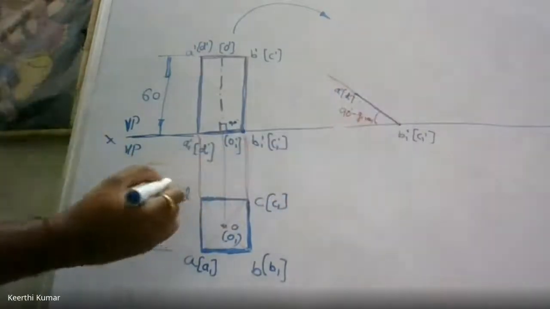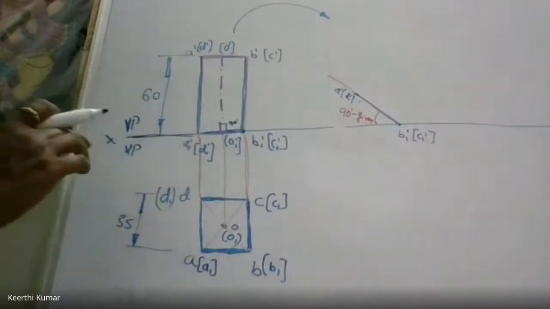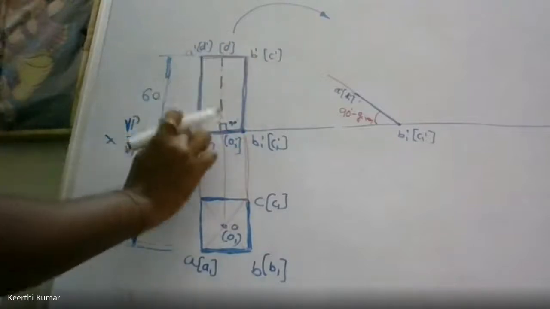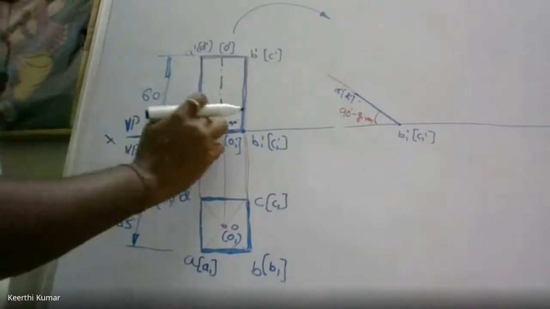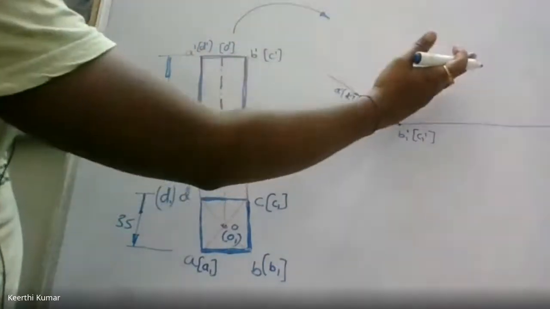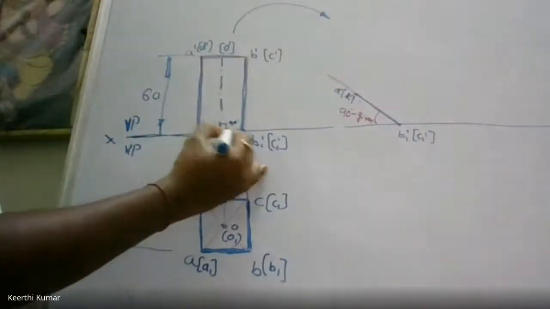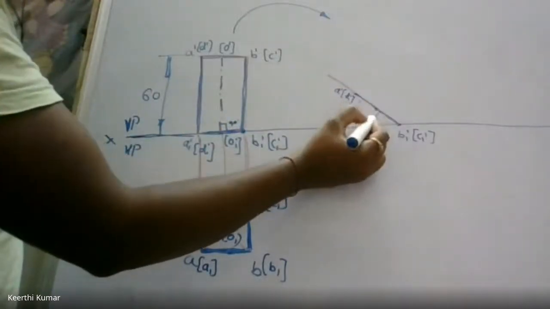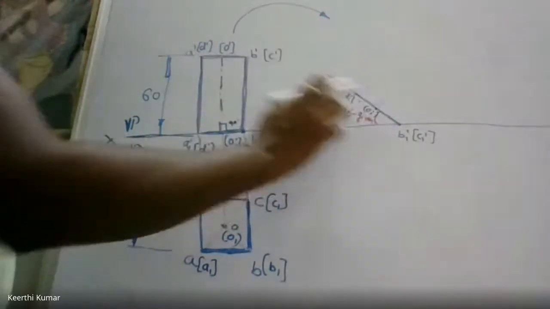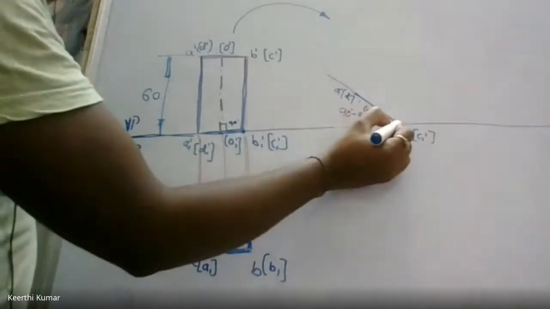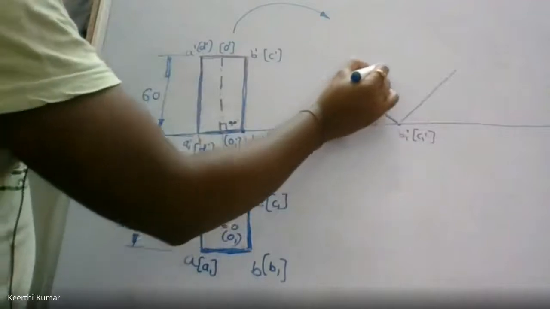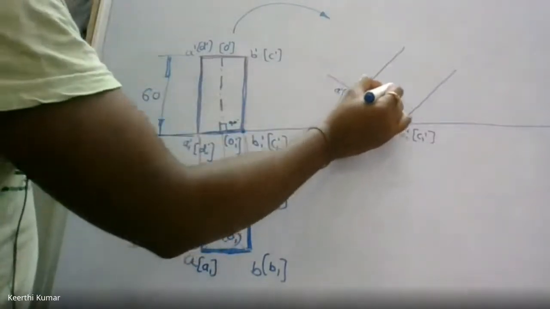So now what did I complete? I completed the base of the prism. This base I reproduced here. Then I want to get the height, axis line, everything. What is the relation between the base and these lines? They are perpendicular. So keep a scale perpendicular, and also mark the point O1. The point O1 will be exactly at the center. So this is O1 dash within a bracket. However it is, you copy the same way. Then from here, you draw a perpendicular line, in the form of locus.